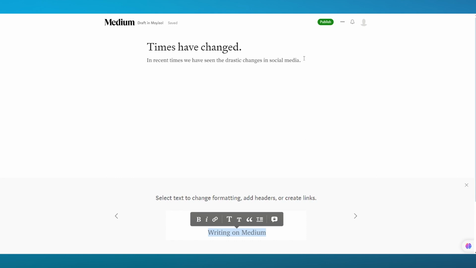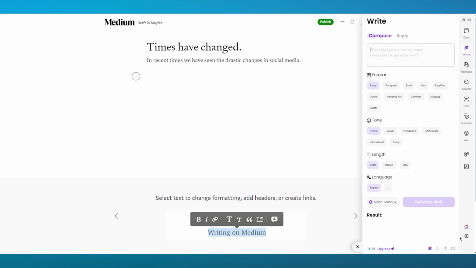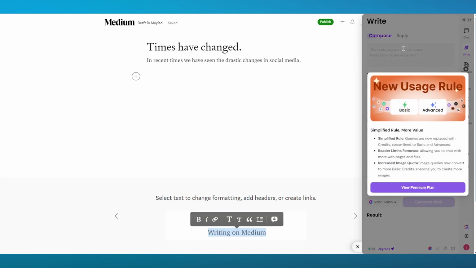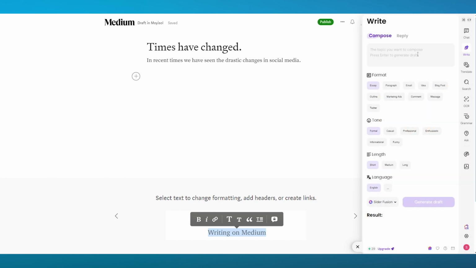Now I'm simply going to be using software to write my things down, which is an AI software. So I'm going to go ahead and let it know what I want it to write. And this is how most people write as well, but you can go ahead and portray your own idea as well if you're interested in writing a long column section. So I'm going to give it a topic, like, write me a brief on how social media has impacted our society.